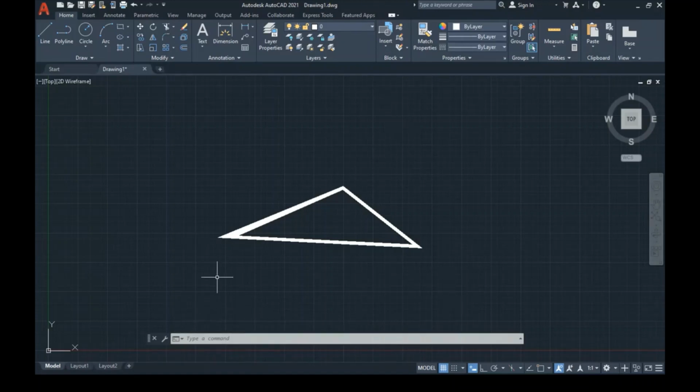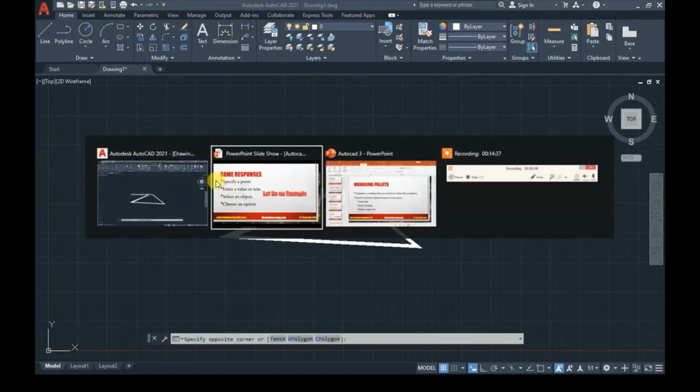Now what we did, first of all, we made a one-line polyline. We changed the width from 0.5 to 0.25. Then we kept 0.25 and last we closed this out. So this is the response to the commands. What I want to tell you is this is the way we have to give the response to the command. Fine. Hope you are able to understand. Let's not save this and move ahead.